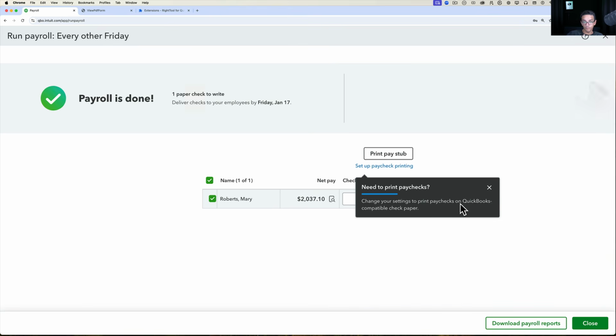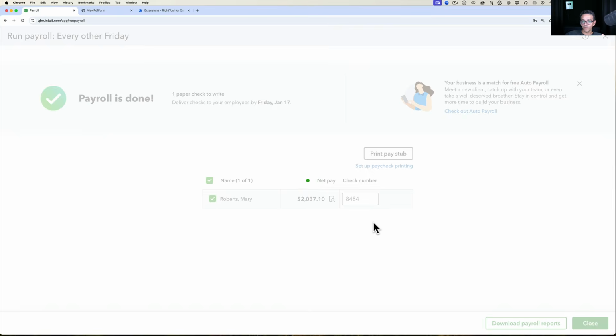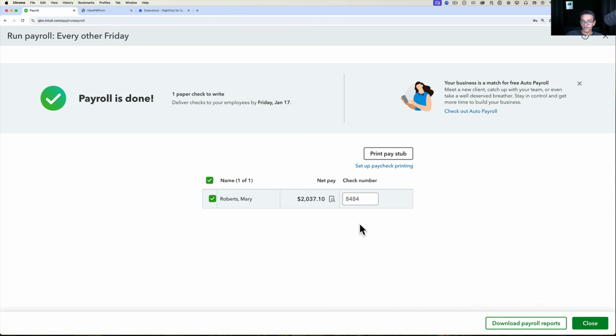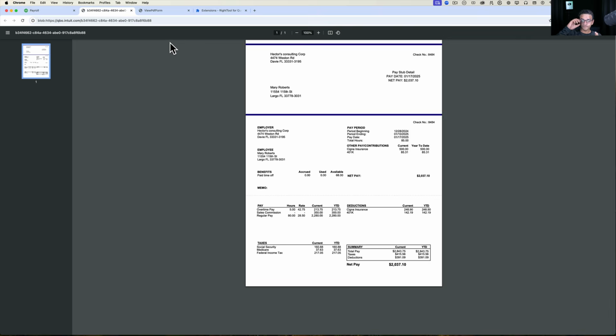That basically completes the payroll. Now it asks you to print the paychecks. So I'll grab my paper check that I'm going to put in my printer. I'll read the check number of my paper check, and then I will send a print from here. We'll create a print queue for you to print that check. And then under Paystub, I can print the Paystub here by itself, which, as I mentioned earlier,